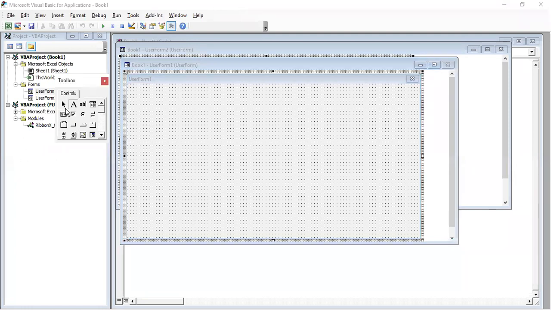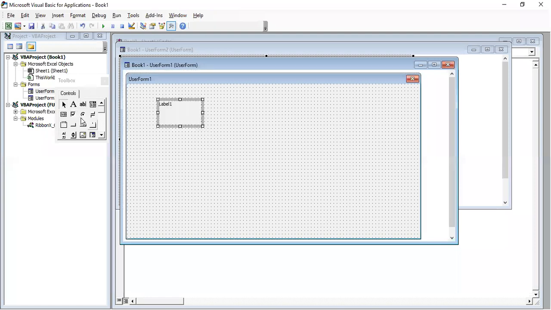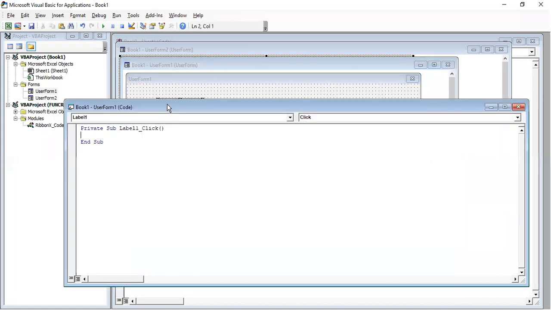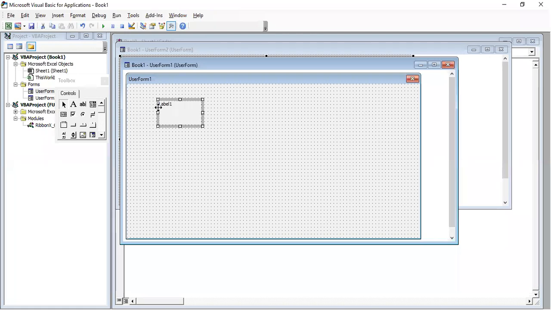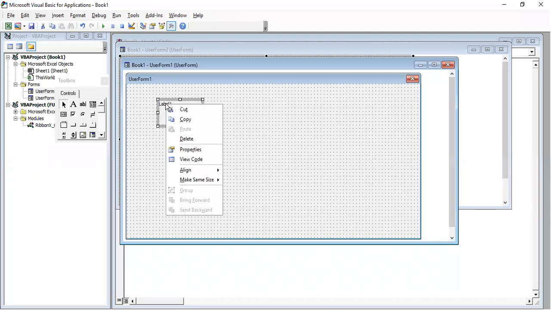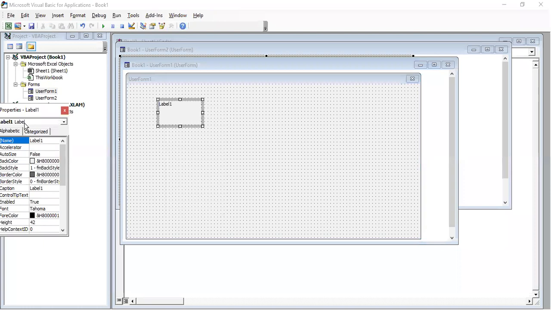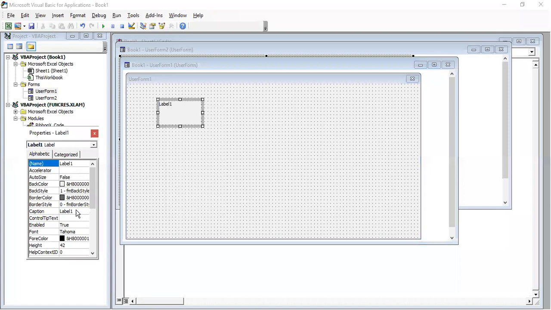So this is the label. This A control is a label. You can double click on that and write events also, but at present we don't want anything. So let us just change the properties for this. Right click on that, Properties window. In the properties window you can change the label caption. The label caption is what appears on the screen for us. Username is the caption that I am giving for this.